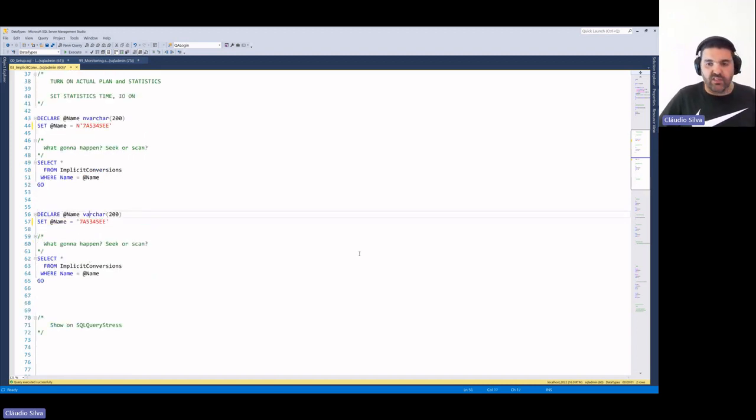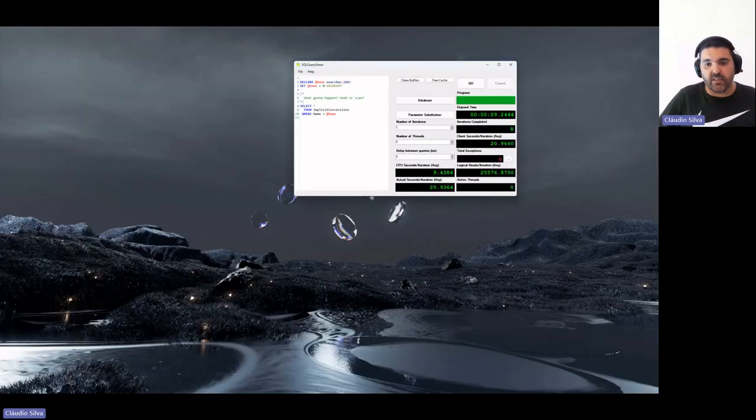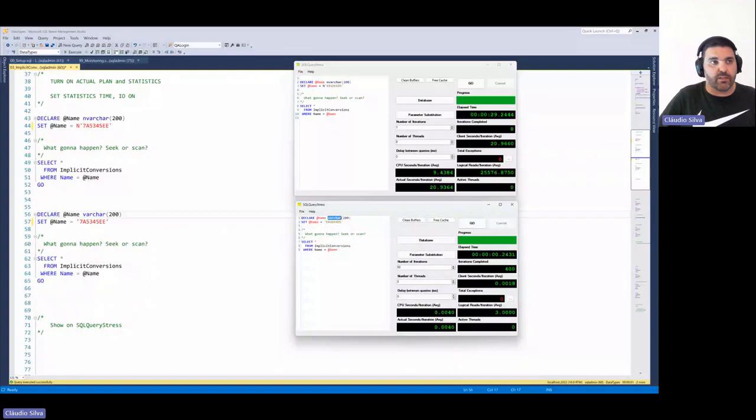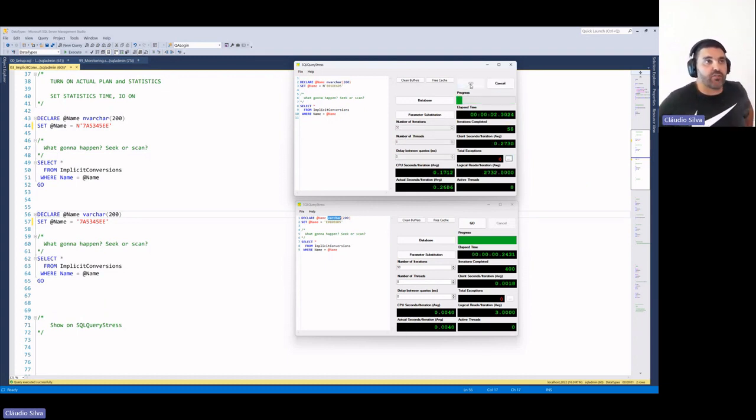Let me show you, because this is like 170 something milliseconds, meaning that if you run that query once in a while, it won't be a huge deal. However, what I want to show you is what can happen if I say to run 400 times the same query, how much time it takes one version versus the other.